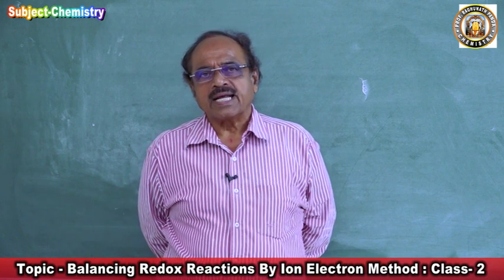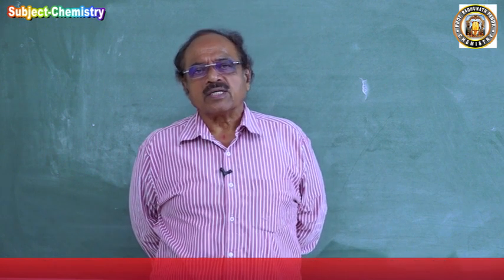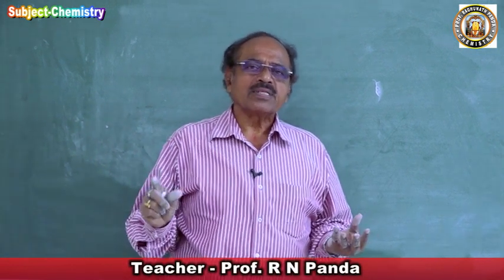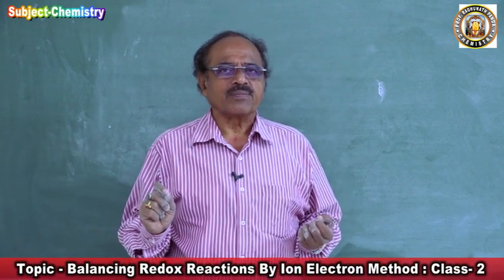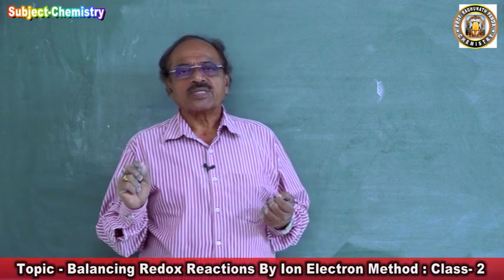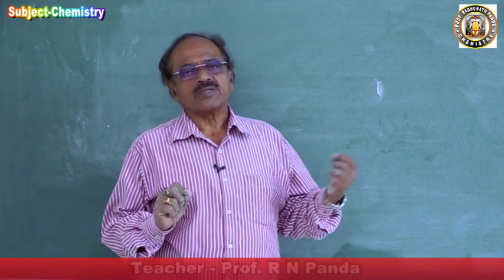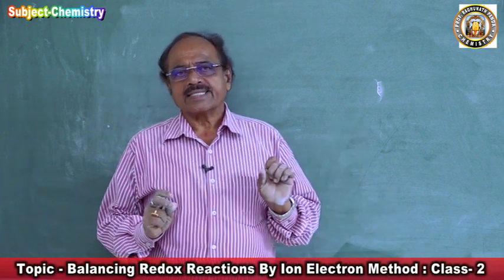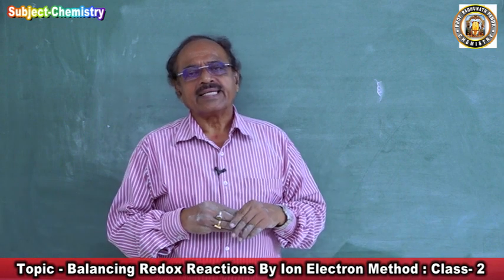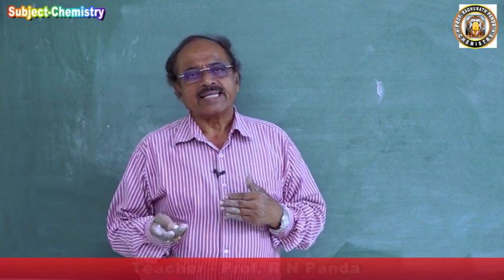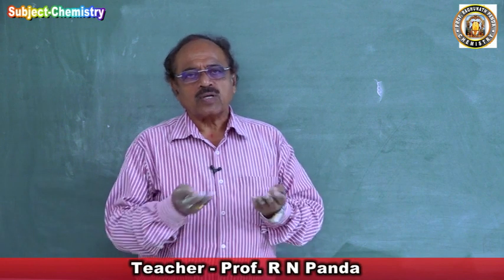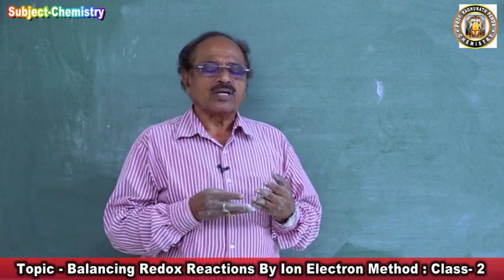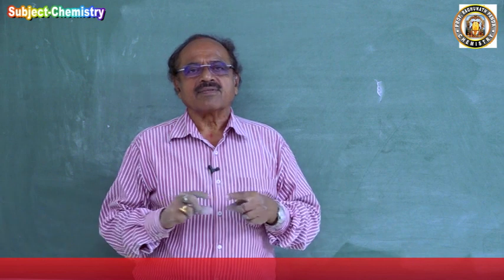Then the rules applicable to both. Balance the oxygen atoms by adding water molecules on the other side. Now oxygen atoms are balanced, but hydrogen atoms are unbalanced. So balance the hydrogen atoms by adding hydrogen ions on the other side. Hydrogen atoms are balanced, but the charge is unbalanced. So balance the charges by adding electrons. Now charges are balanced. So we do this for the oxidation half reaction, and for the reduction half reaction we will get the balanced form.